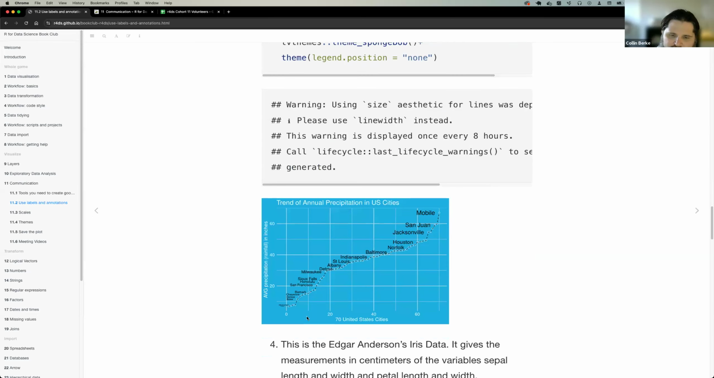So the X is representing the city with the most average precipitation. Exactly. Oh, okay. So Mobile, Alabama would be high. Yeah, it's kind of confusing to me because it's a line chart, which in how I understand it,